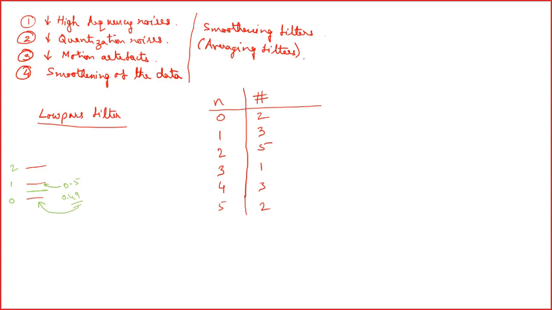So what are these? These are nothing but unwanted noises which are being incorporated due to the quantization effect, due to the rounding off effect. Okay. So in many cases, you will find that the averaging or the smoothing filters help in minimizing these quantization effects. Okay. Then comes the motion artifacts. What are motion artifacts? Anyone who can tell me?